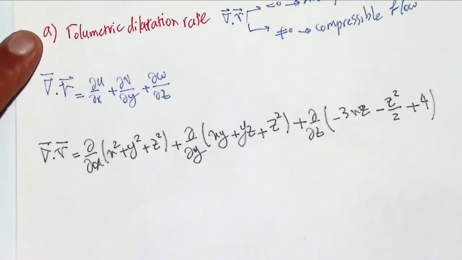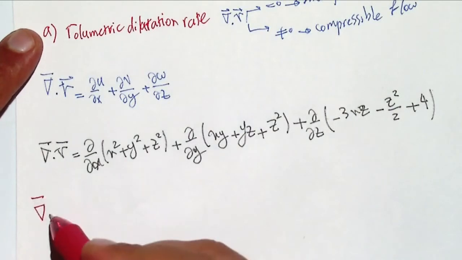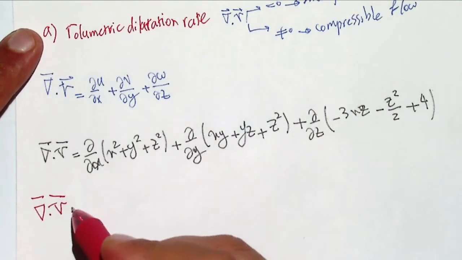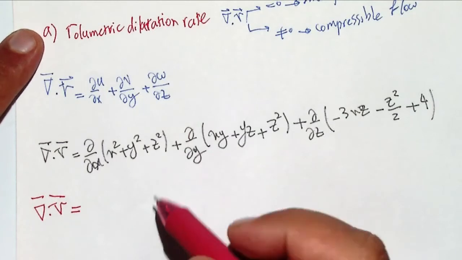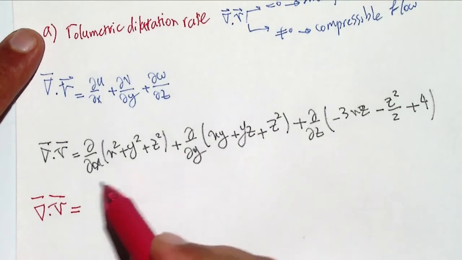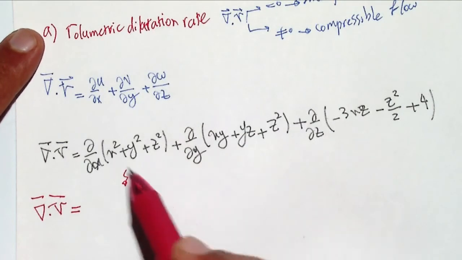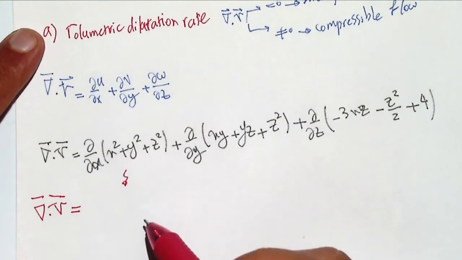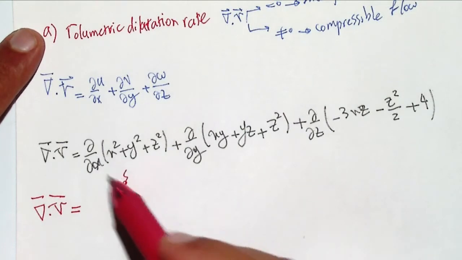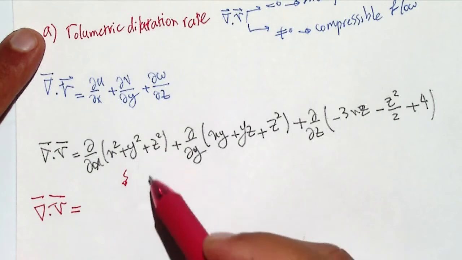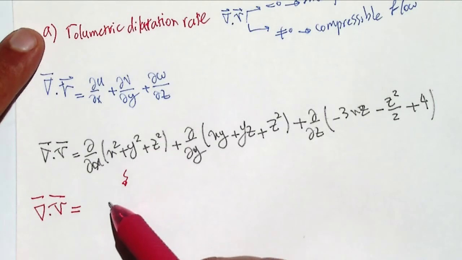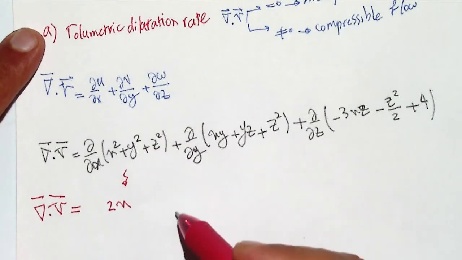So gradient dot v, which is our dilatation rate, for the first term just the first parameter has a derivative, but the other ones don't, so these two are going to be 0, and the answer is 2x,